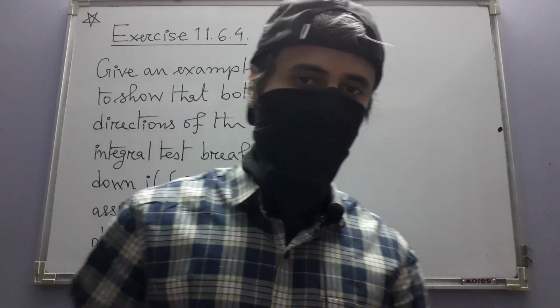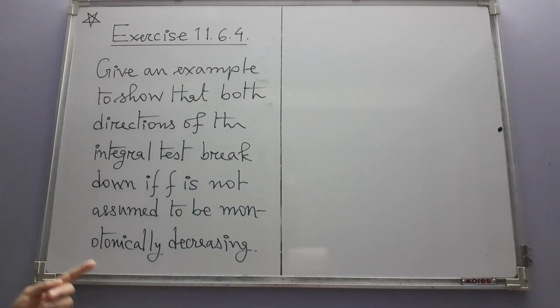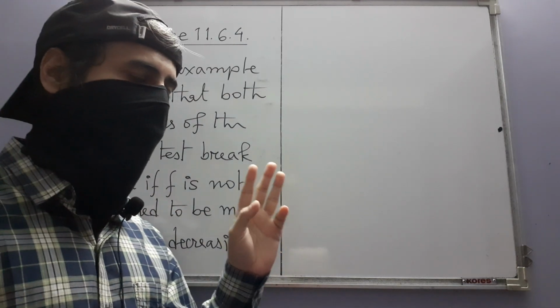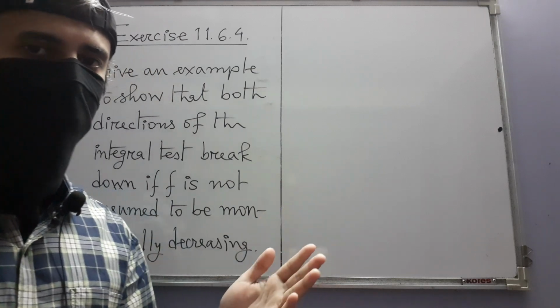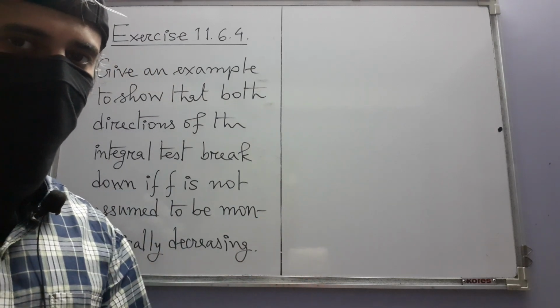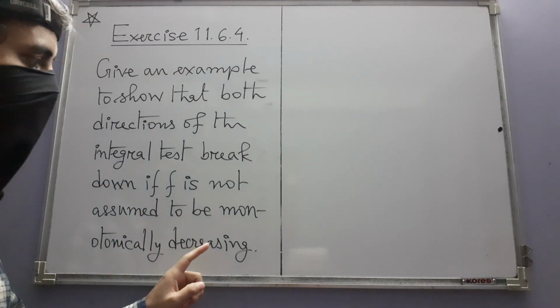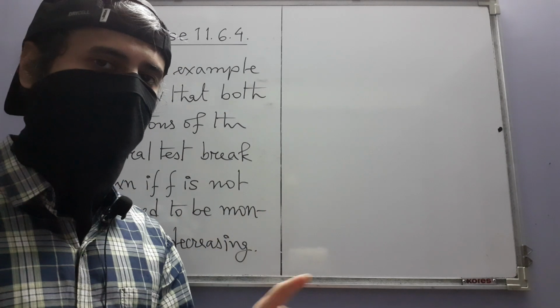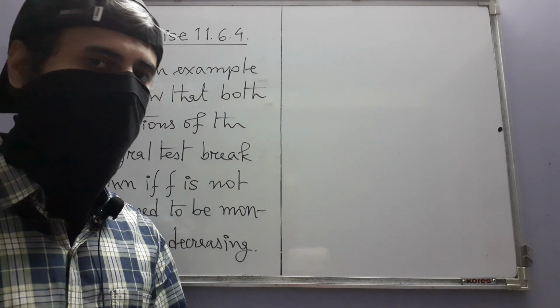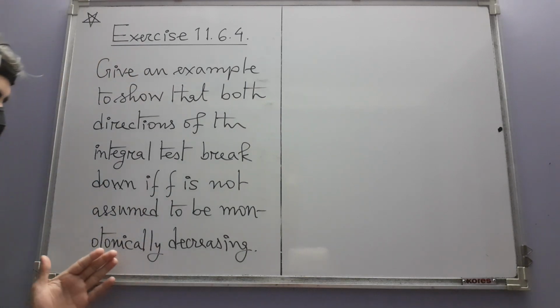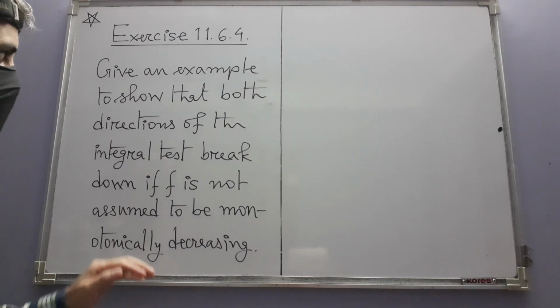Okay. Now that we have the integral test, we can solve this exercise related to that test. The other three exercises which come before this are the proofs of the various results we see in this section, which we have already done. Although there is still one more corollary left for us to see, but we will see that afterwards. Instead, let's just solve this exercise. What this exercise says is that